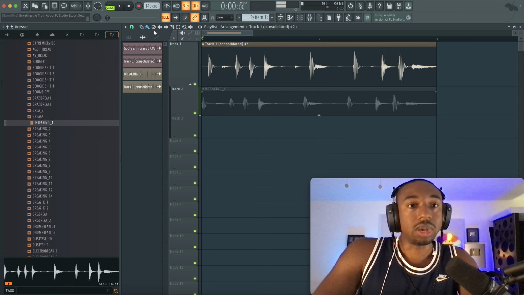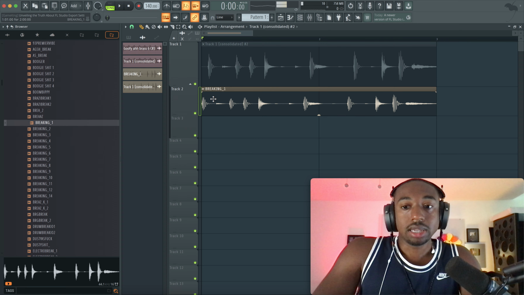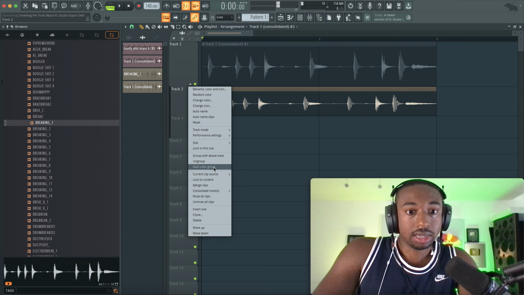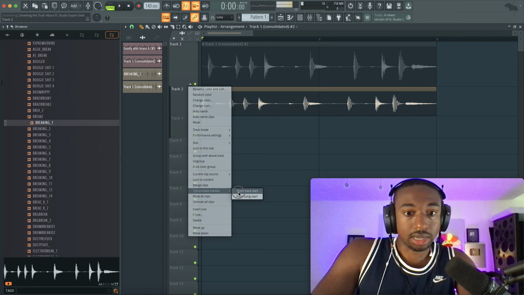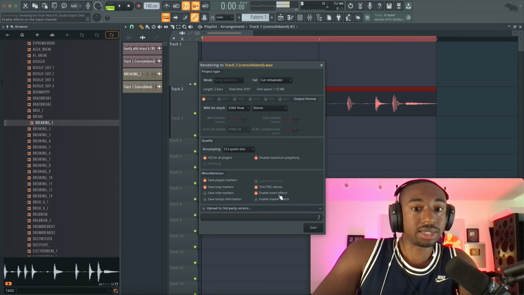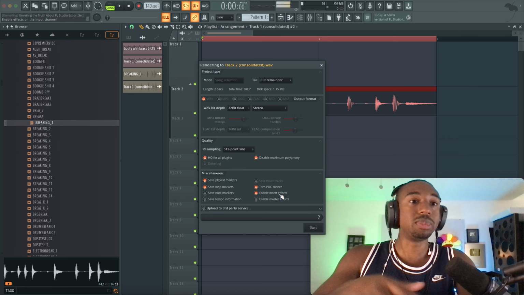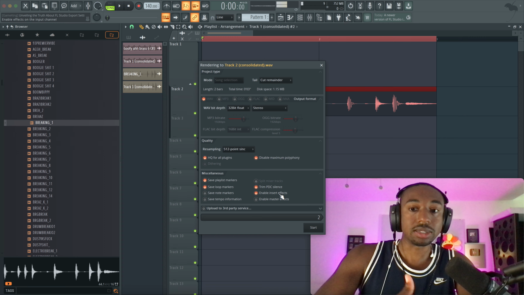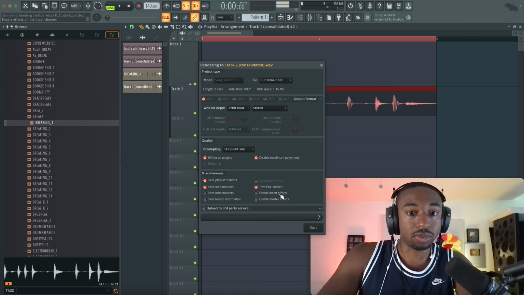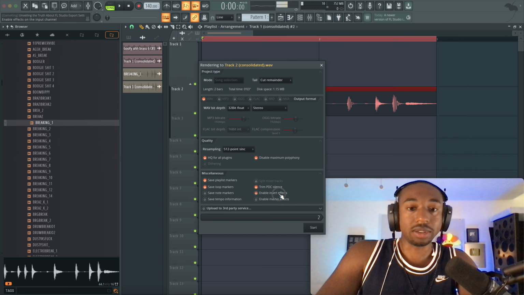But here's the issue. I'm going to dive into the issue first before we get to the workaround. So when we go to right-click and consolidate audio or MIDI into audio, we're going to right-click, consolidate track from track start. Here's the issue, is the enable insert effects. The problem is we probably want our saturation on the sound, or we want whatever the plugin is on the actual sound. So if we turn this off, we're not going to have the effects that we have on our melodies and stuff. So that kind of defeats the purpose.